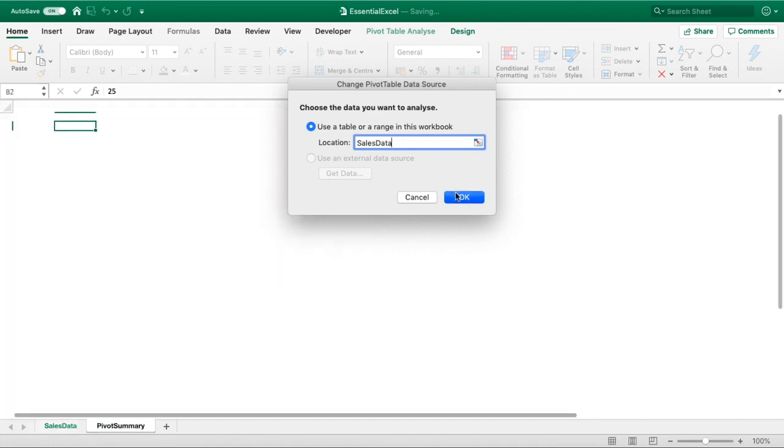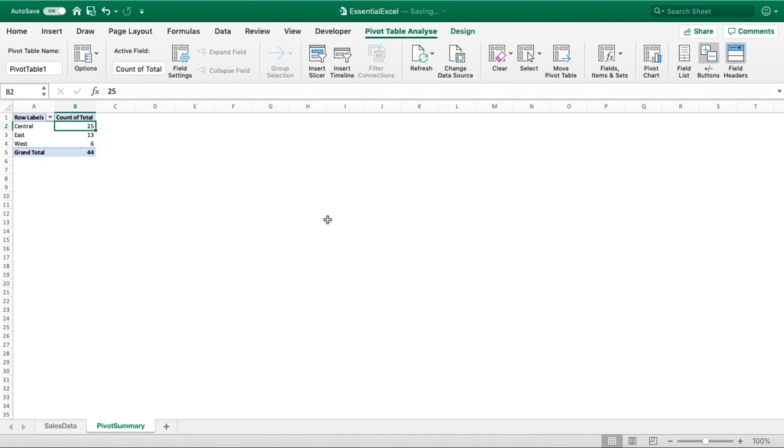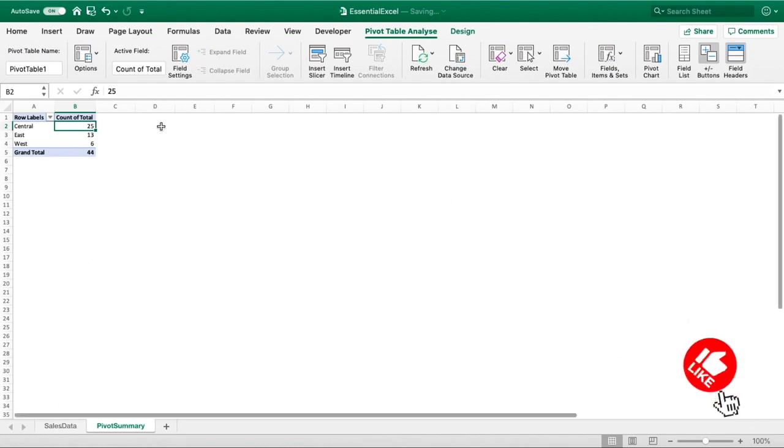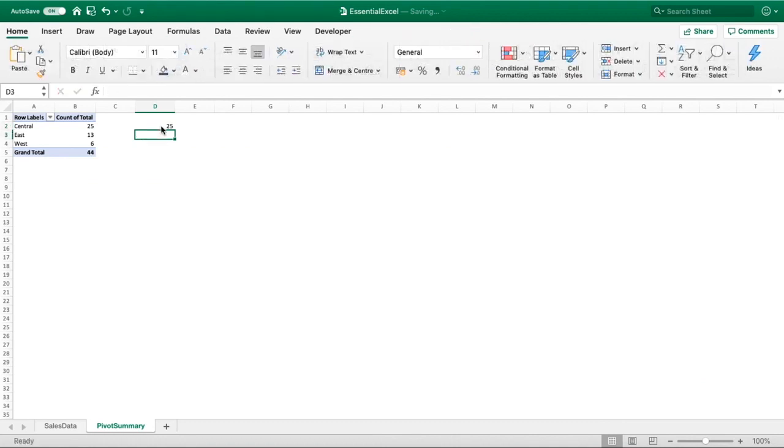Once you've done that, if you just click OK, you can see it doesn't look like anything's changed. But what I'll do this time is write down these numbers just so we can see what does change. So 6,